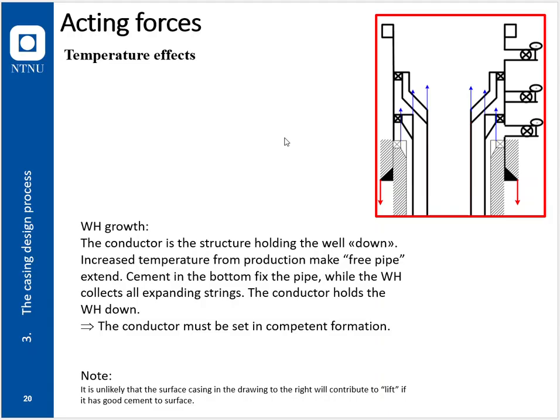What's going to happen is that the tension level in the wellhead is reducing as you're heating up the steel. The steel is wanting to extend, and that will take place in a relatively advanced calculation,